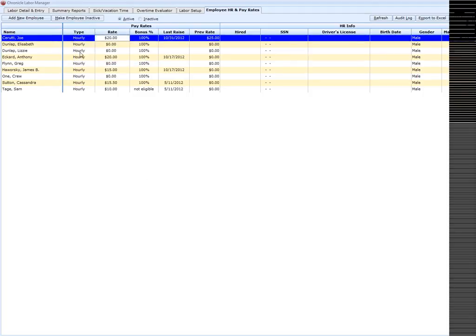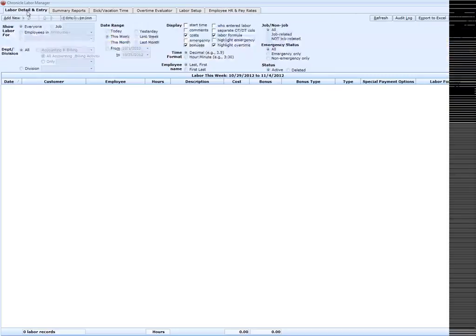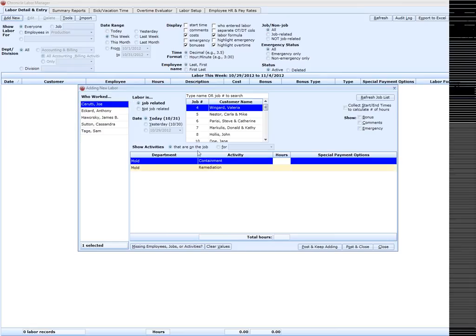Notice that Lizzie Dunlap does not have an hourly pay rate. I'm going to quickly switch to my Labor Detail and Entry tab and to the Add New page. So this is basically your timesheet entry. Notice the employees on the left are fewer than all the employees that we saw on the other tab. The reason for that is because any employee with a pay rate of 0 is not going